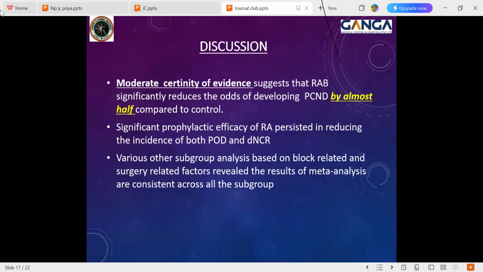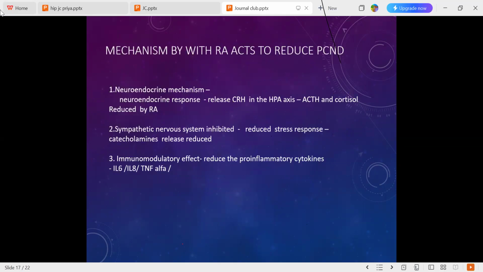Significant prophylactic efficacy of regional anesthesia persisted in reducing the incidence of postoperative cognitive dysfunction and delayed neurocognitive recovery. Various other subgroup analyses based on block-related and surgery-related factors reveal the result of the meta-analysis, and all these are consistent across all the subgroups. So the mechanisms by which regional anesthesia acts to reduce postoperative cognitive dysfunction are: first